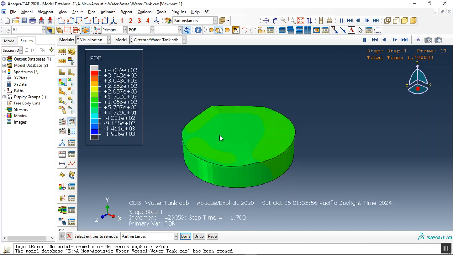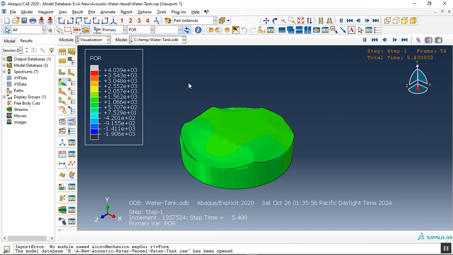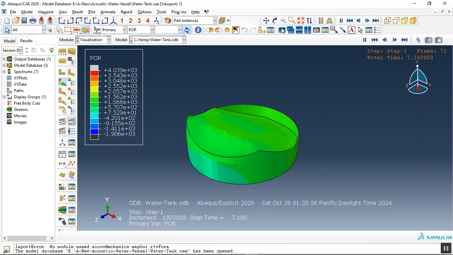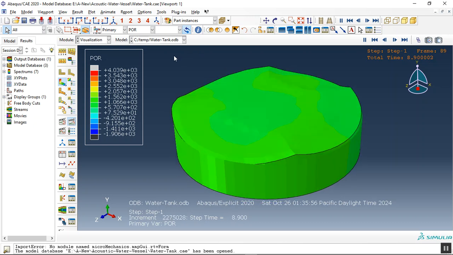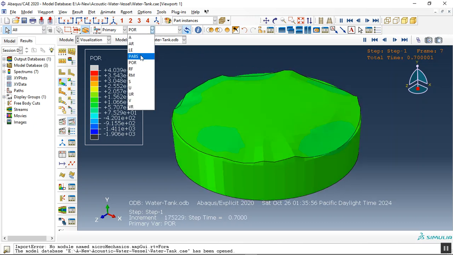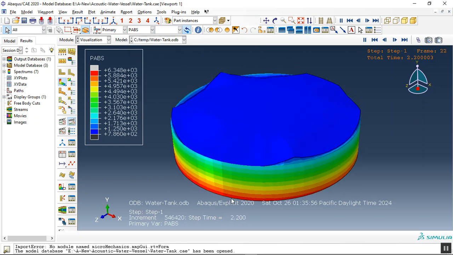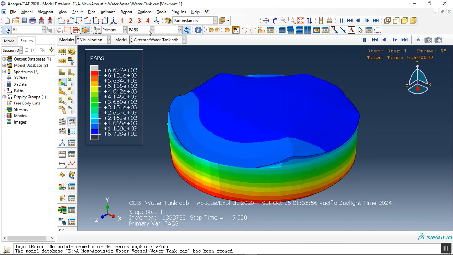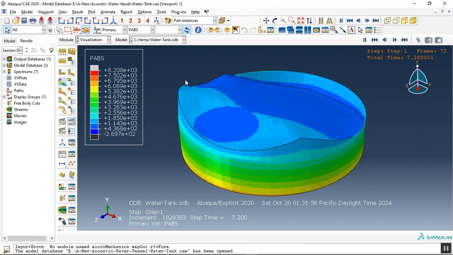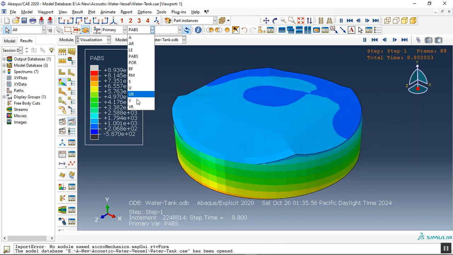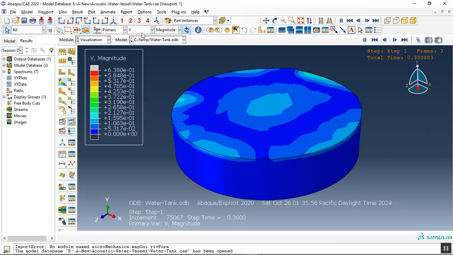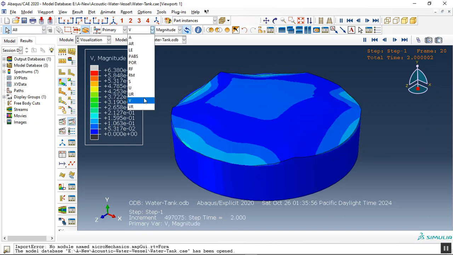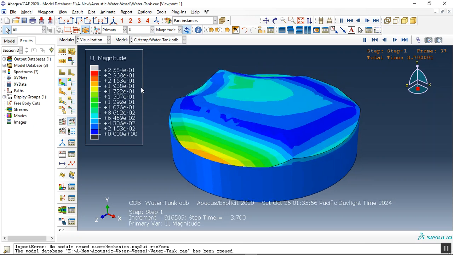We use also hydrostatic pressure as the elevation in the predefined field to consider the hydrostatic pressure. You can check the absolute pore pressure. The bottom is the maximum because of the elevation, and these are the waves of the acoustic parts. You can check the velocity, displacement,